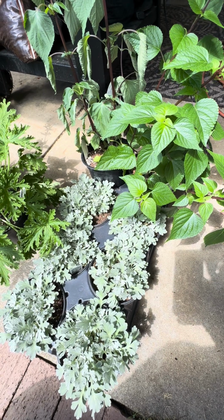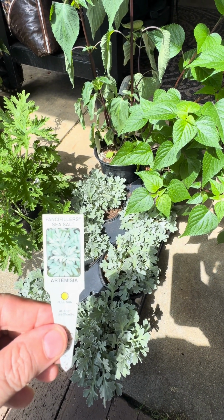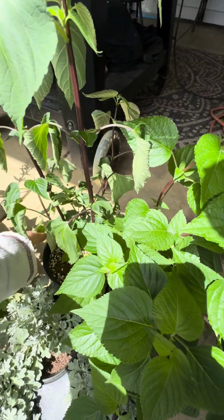Okay, friends, this is what I came home with. So I've got 6 of these little sea salt artemisia. I think those are going to be really cute for a little filler in my pots. Came home with 3 of these beautiful